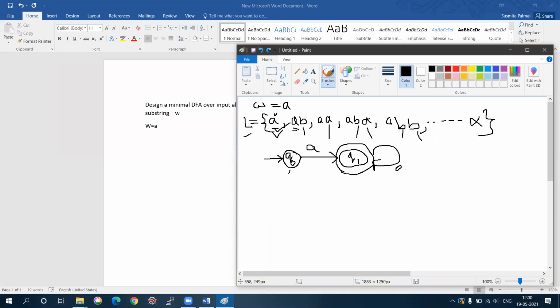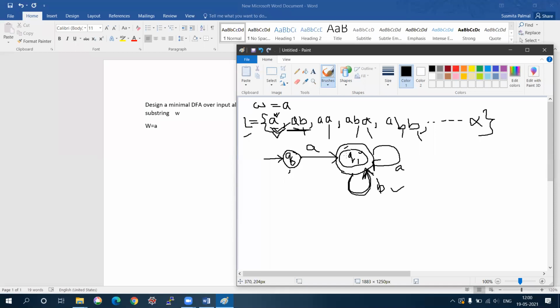तो मैं यहाँ पे अगर एक सेल्फ लूप लगा दूं A के लिए, अगर यहाँ पे A के लिए एक सेल्फ लूप लगा दो और B के लिए भी एक सेल्फ लूप लगा दो, तो क्या ये सारे स्ट्रिंग को एक्सेप्ट कर पाएगा, देखते हैं। तो पहला स्ट्रिंग को देखते हैं, लैंग्वेज में पहला जो स्ट्रिंग है वो है A। तो Q0 से A यूज करके Q1 में हम लोग जा रहे हैं, तो मतलब ये एक्सेप्ट हो रहा है। अच्छा, नेक्स्ट आ रहा है AB। तो Q0 से A यूज करके मैं Q1 में आया, फिर Q1 में B अगर मैं यूज करूंगी तो वो देखो फिर से Q1 में जा रहा है। तो मतलब यहाँ पे A B भी एक्सेप्ट हो रहा है,